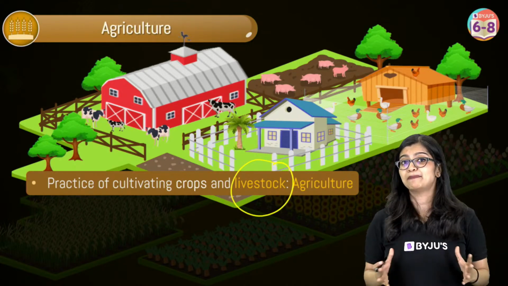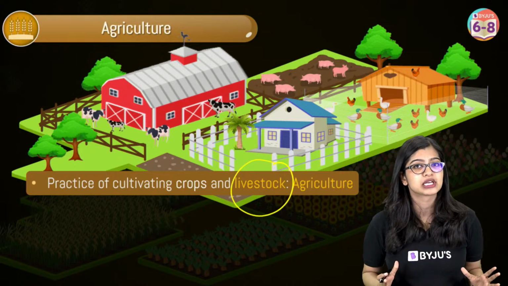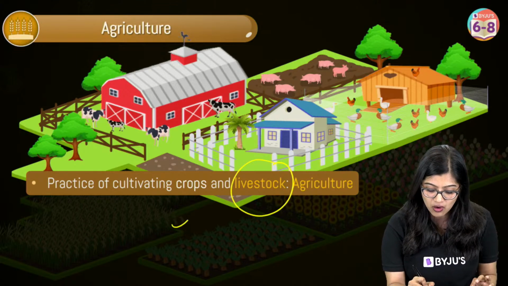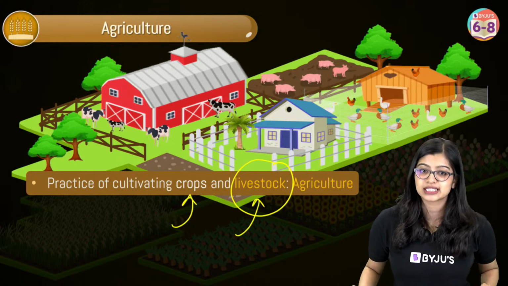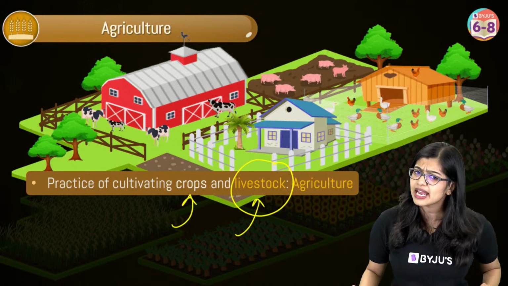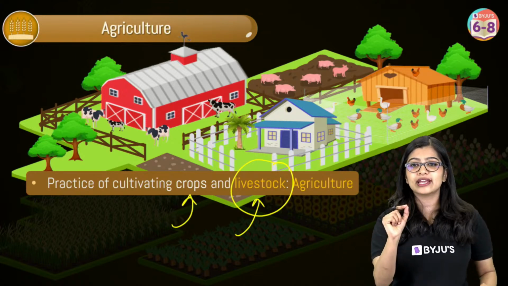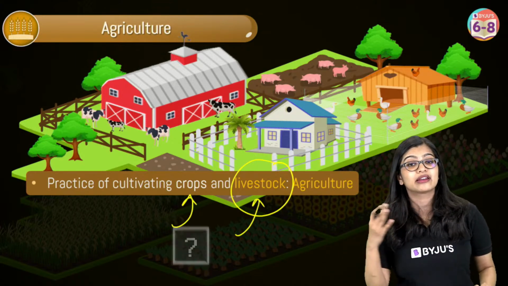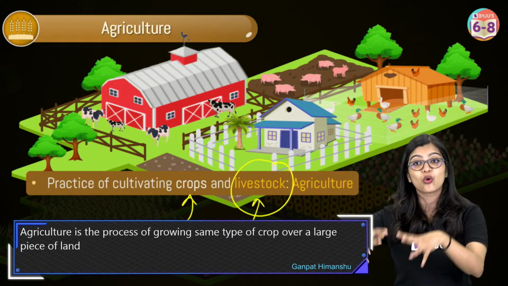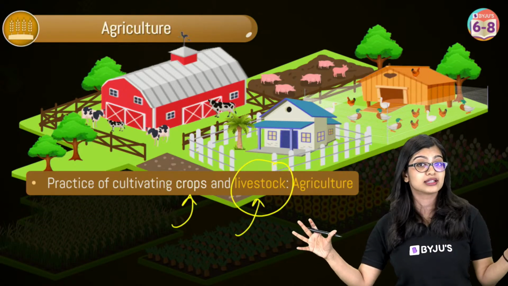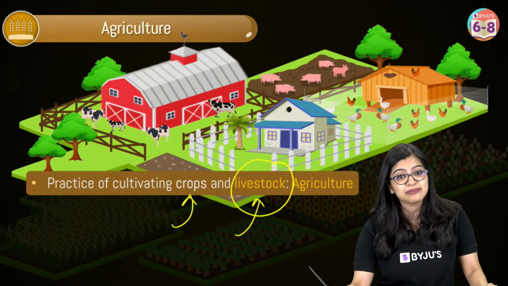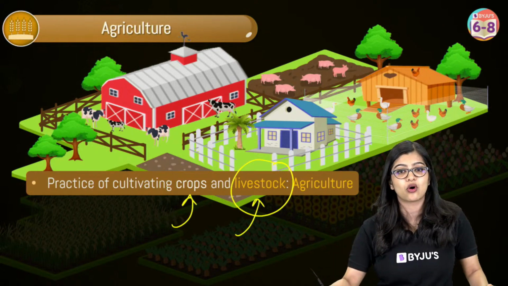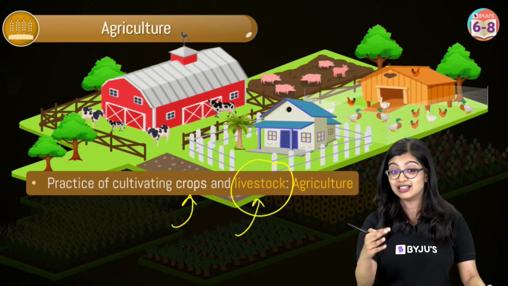And in our chapter, that is crop production and management, we will be dealing extensively with understanding these two things, right? Yes, growing crops on a large scale is agriculture. Agriculture defines vegetation. Well, Amisha, I would like to make a small addition, because when we talk about agriculture, it is the practice of growing it by ourselves, right? Vegetation would more or less refer to all the plants that are naturally present, yes? Very good. Agriculture is a process of growing the same type of crop over a large piece of land. Yes, practice of cultivating crops.